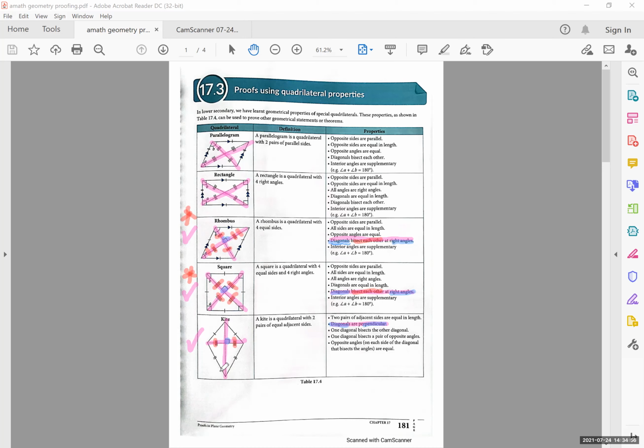Correct? So can you see for rectangle and parallelogram, the diagonals also bisect each other. Bisect, bisect, bisect, bisect. Okay? But they don't form right angle. So I repeat again now. For diagonals, parallelogram, rectangle, rhombus and square, these four will all bisect each other. Bisect each other means they form equal lengths when they cut each other. So when the intersection point, it will cut into two equal lengths. That's what bisect means.